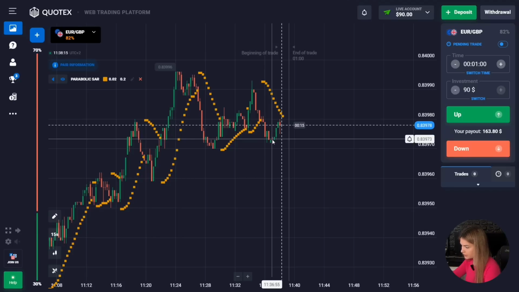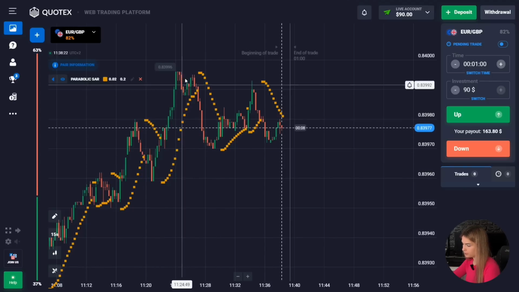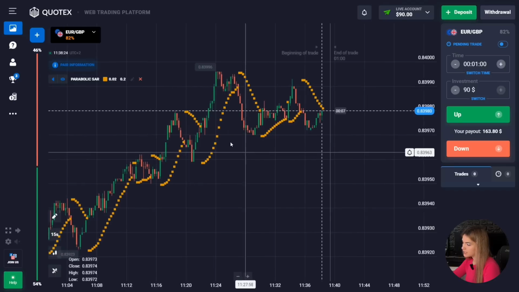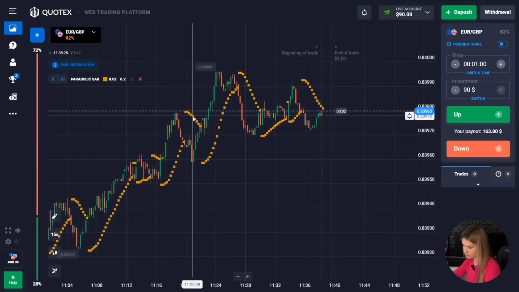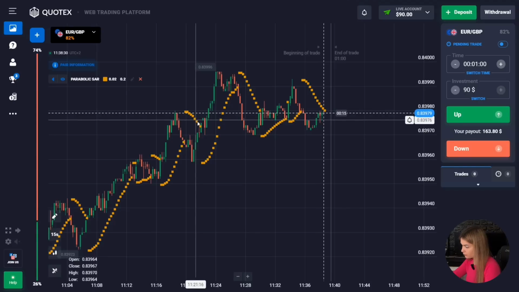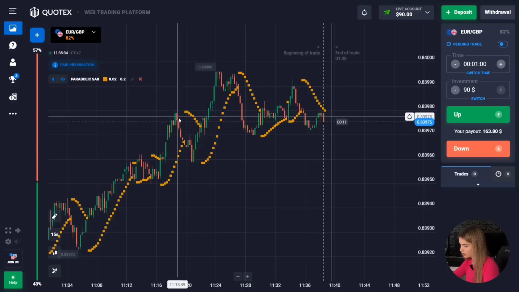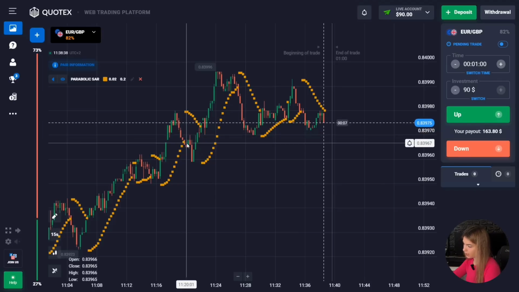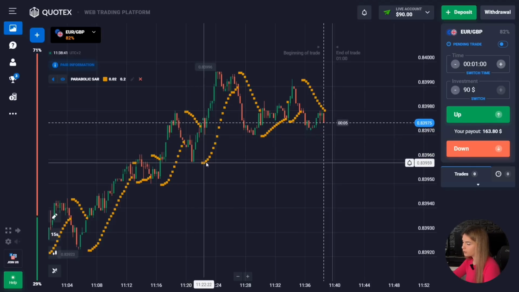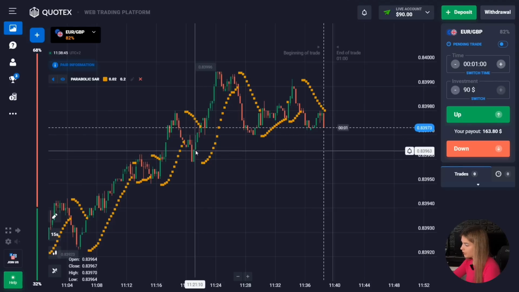I already have it connected, all the settings left by default. It looks like yellow dots located at the top and bottom of our graph. And the signal is the moment when, for example, dots begin to form above the graph. This means that the price will move down in the near future. Accordingly, in a similar situation, we could open a deal down. At the same time, when, for example, points begin to form under the chart, it means that the price will move up. And in a similar situation, we could open a deal up.